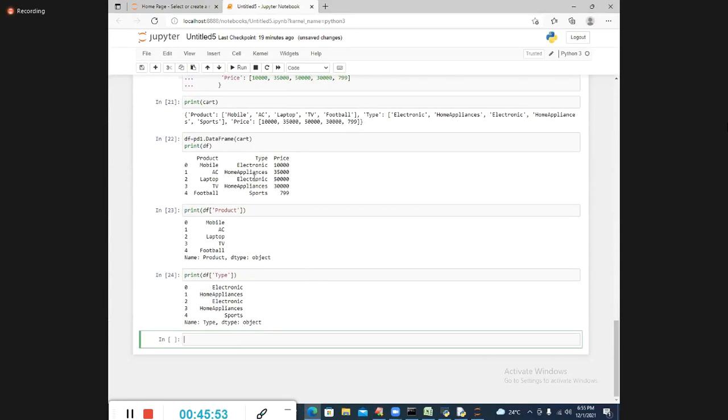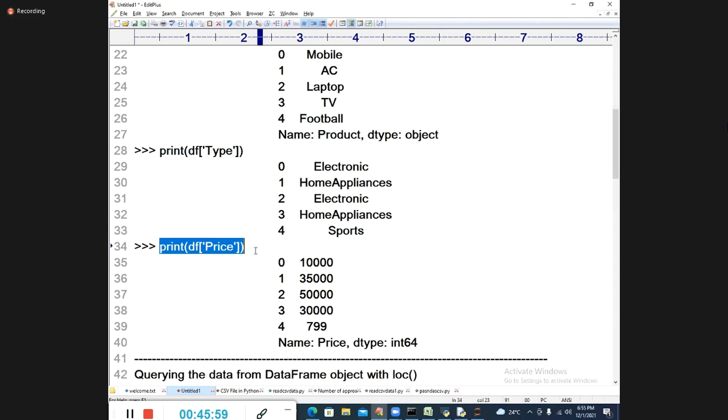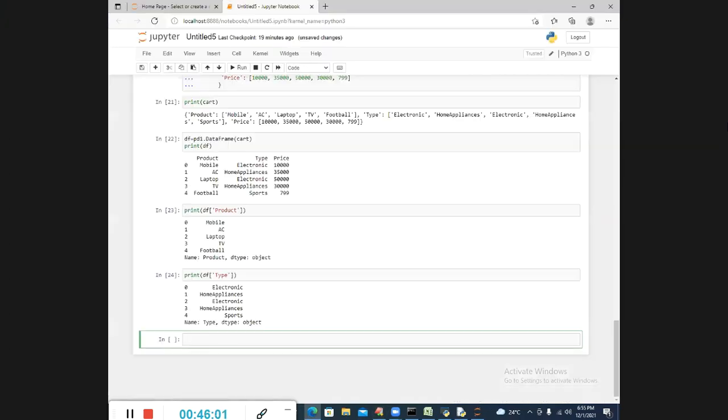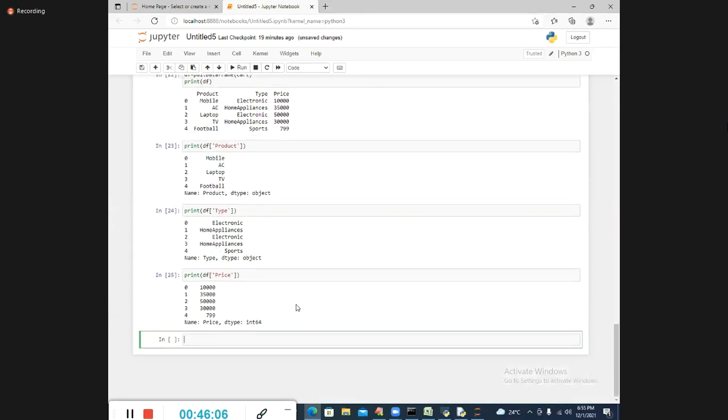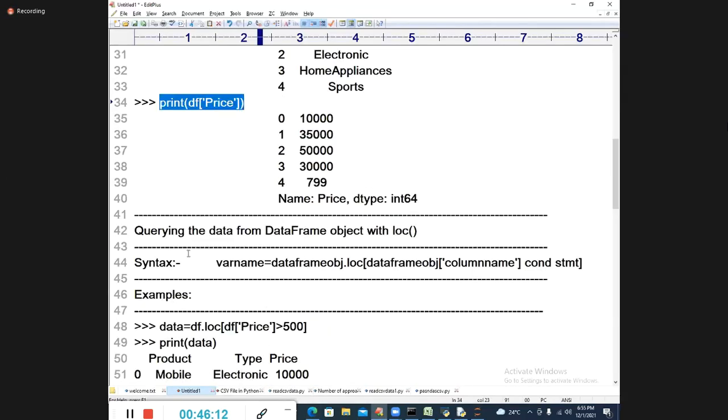How to get the data from the data frame? We are just querying the data. Now you see, price also we are going to get. Yes, run this information. Price also I got it. Sometimes I want to retrieve the data with querying the data